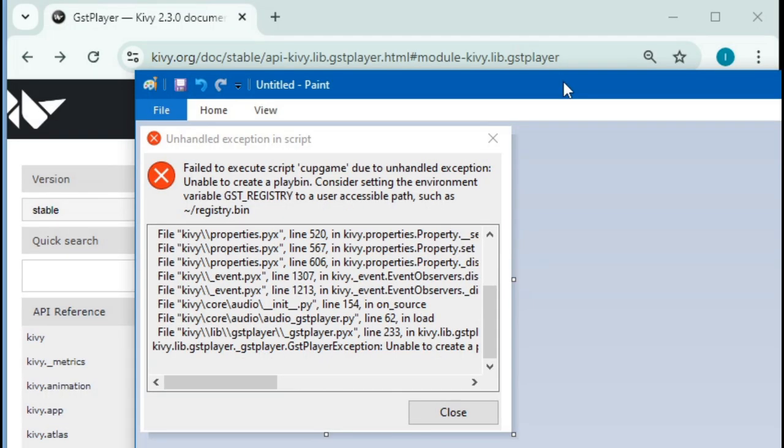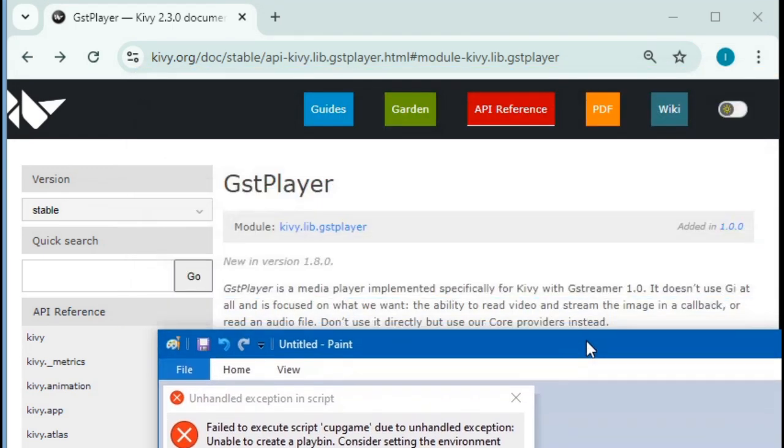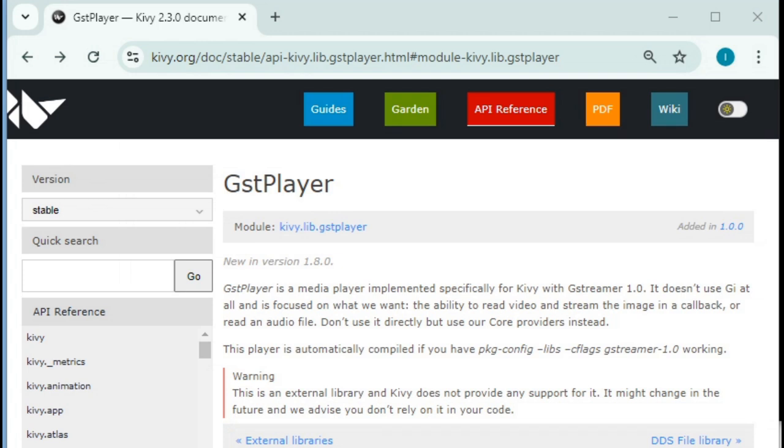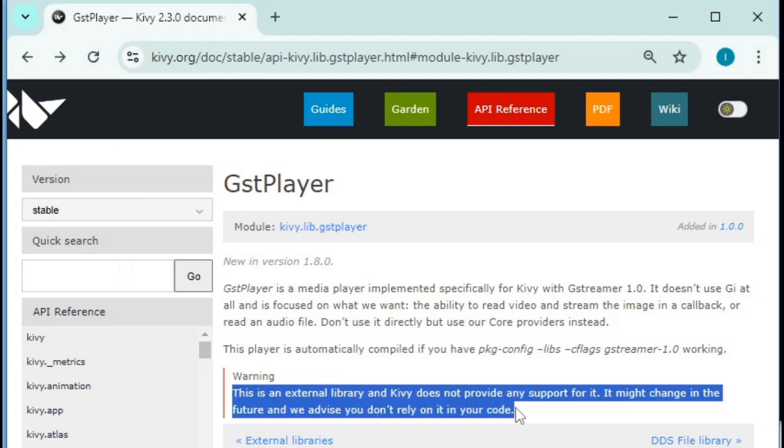So regarding this error message to do with the GST registry, which we found earlier, I've done some investigation, and it looks like this could be related to the GST player. And if we look on the Kivy website regarding the GST player, then it does say that there's a warning message saying that this is an external library and Kivy does not provide any support for it. It might change in the future, and we advise that you don't rely on it in your code. So we haven't done that, but what I've noticed is that there is a GST player folder inside the Kivy